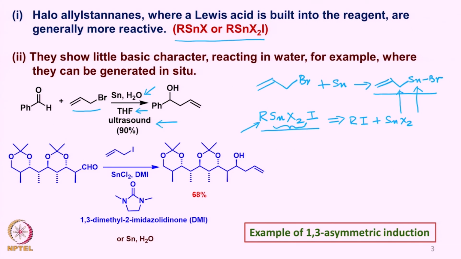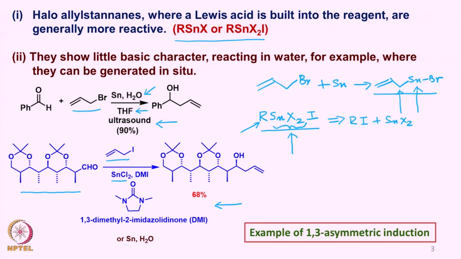Likewise, for example, the second example is SnCl2 and allyl iodide. This is a reagent of this type, and it also reacts with a complicated molecule of this type, where there is an aldehyde with several carbon-carbon bonds or carbon-oxygen bonds with a specific stereochemistry. So, this particular reaction can be done either in the presence of tin chloride and allyl iodide, or